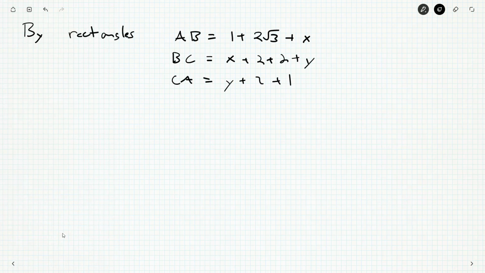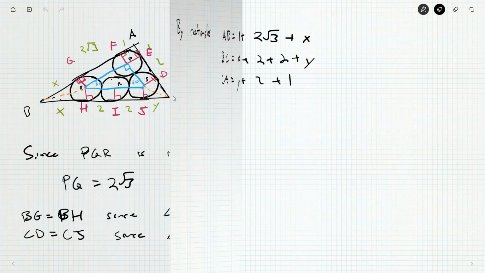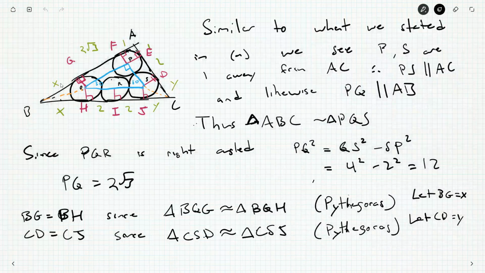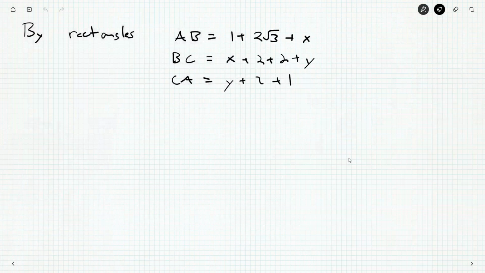Okay, I did remember that correctly, right? So now, since it's a 30, 60, 90 triangle, or because it's right angled, we could set up equations. We could set up AB squared plus CA squared is equal to BC squared. That would be fine. But